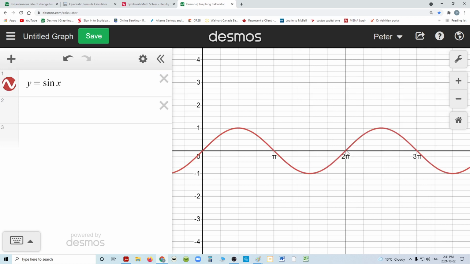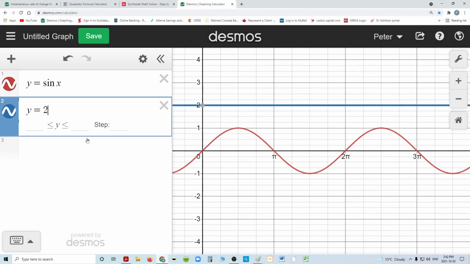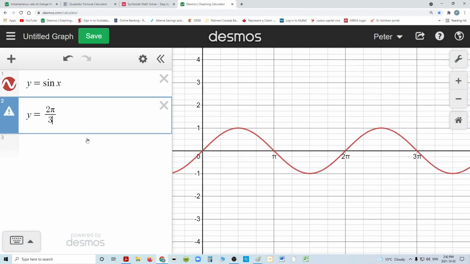That way it lists it in pi's. Now, that's great. Now I'm going to do the conversion I just said. What did I say it was? I have to multiply this by 2 pi over 365 to convert it